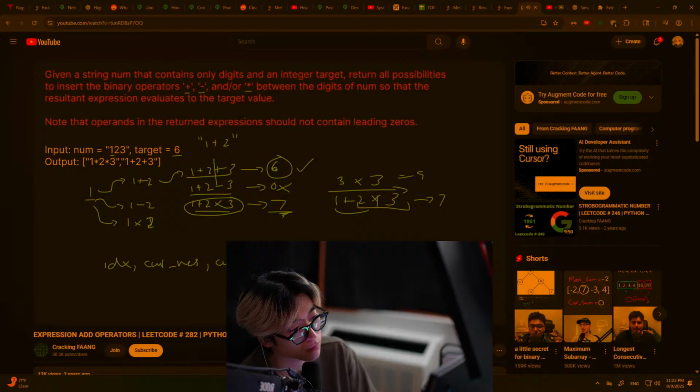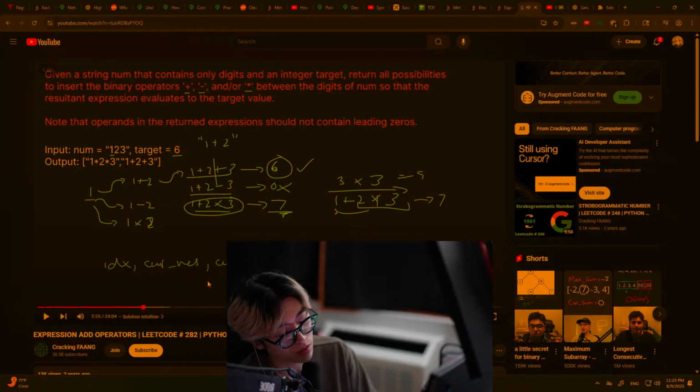So the reason we need to actually keep track of the current number, which when we get into the next iteration will be the previous number, is that we would need to undo any sort of